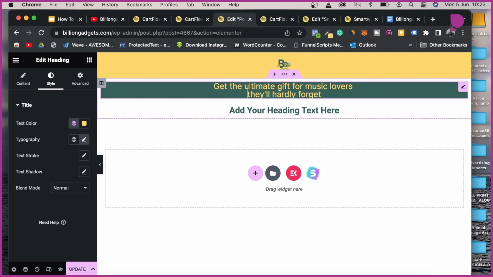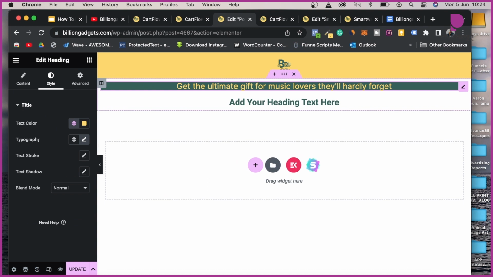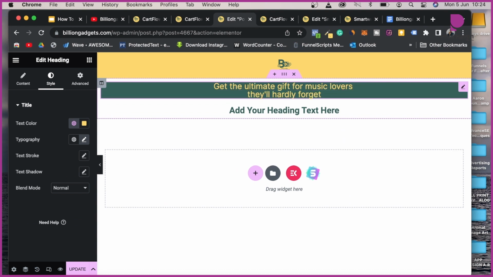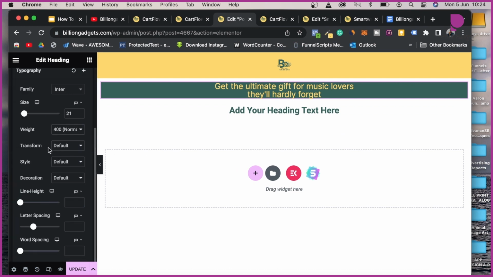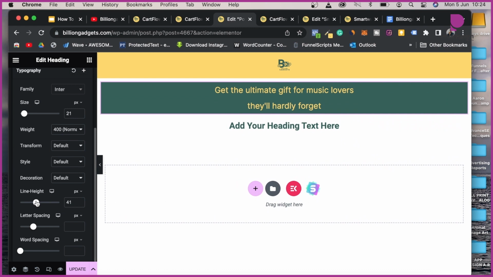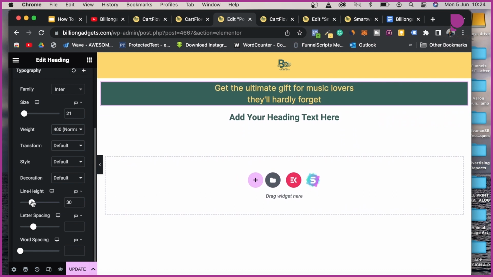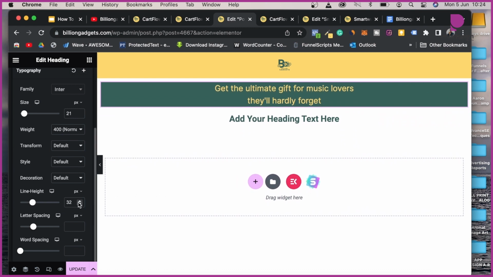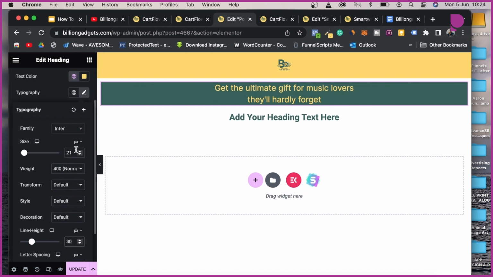this down. Now in order to take that to the next level, all you have to do is press enter, really. From there you can start adjusting the typography more, right? So when you hit on typography, scroll down, and then you start adjusting the line height. It's going to give you more. Yeah, as you can see, the green is now expanding, so I think this is enough right here. I just want this to be like 30, right? 30 is okay. For this one here, I want it to be about 20 as well, so that should do